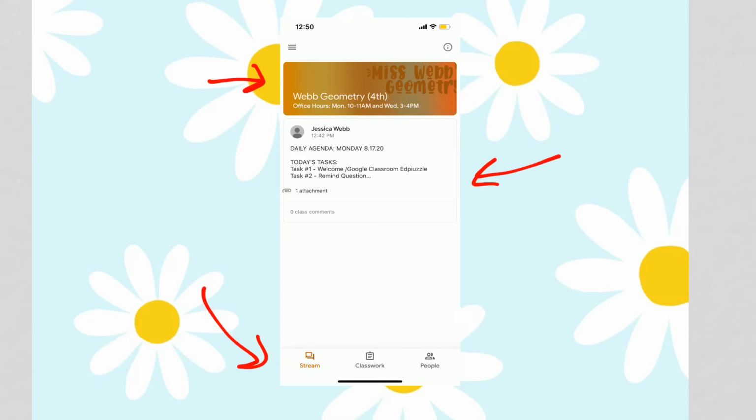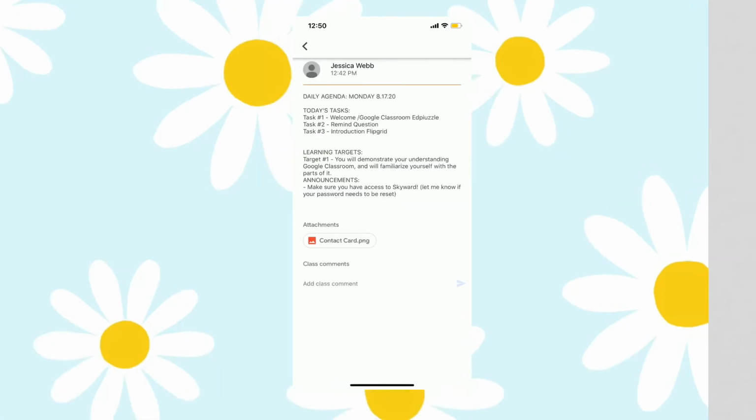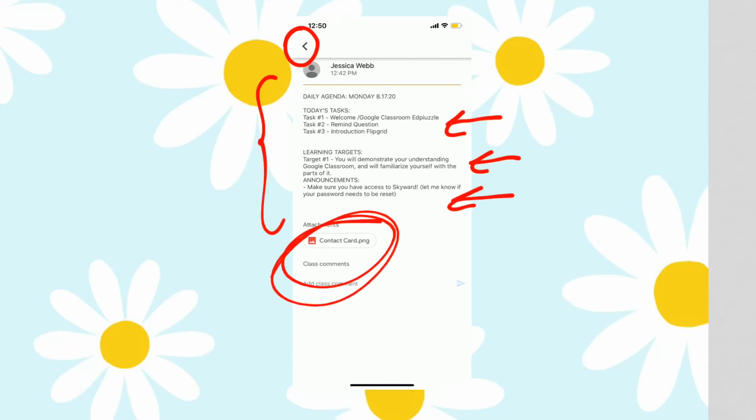agenda in it. Now, if you noticed before this picture that the daily agenda was kind of small, it didn't display it all, you have to do is click on it. You'll see the entire daily agenda here. And then, of course, if you want to go back, you'll hit that top arrow in the back. It still has your tasks for today, your learning targets, announcements, and, of course, really important, it does have your